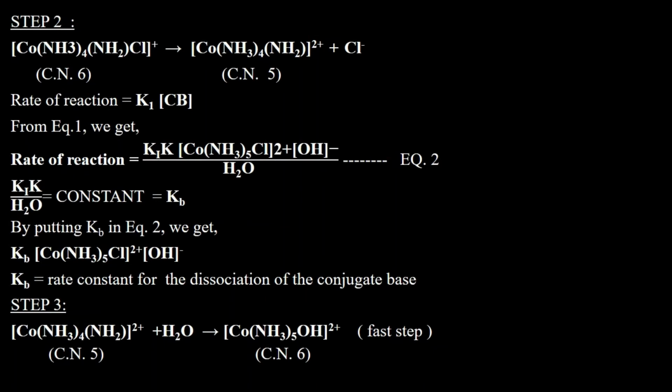Although base hydrolysis involves the SN1 mechanism, it appears to be second order, first order with respect to the complex and first order with respect to the base. Since the SN1 dissociation step is the rate determining step and uses the conjugate base of the initial complex, the symbol SN1CB has been used by Garrick in 1937 in place of SN1. There are many evidences in favor of the SN1 mechanism, but we will discuss them later.